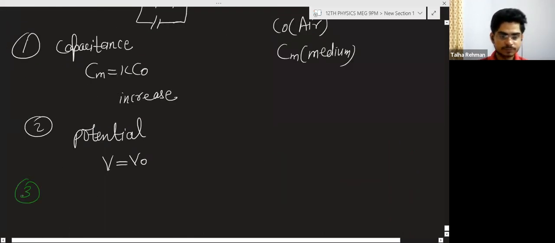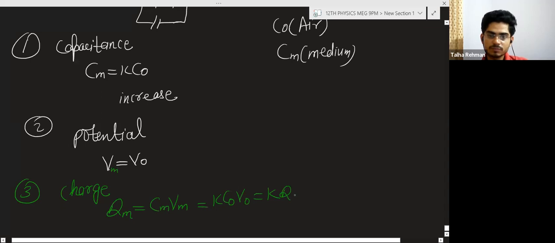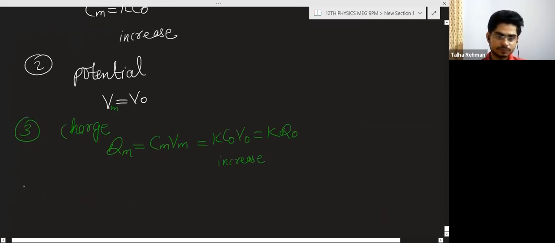And number 3 is charge. So what about charge? Qm represents the charge when dielectric is placed in between the plates. Q is equal to Cm into Vm. Cm is K times C naught and Vm is V naught, meaning K times Q naught, so this will also increase. And what about energy? Energy U is equal to half Cm Vm